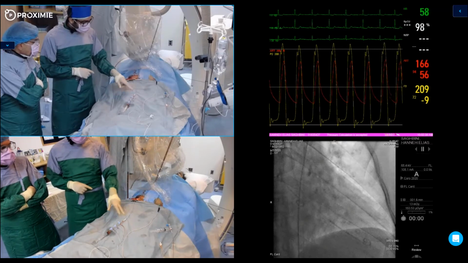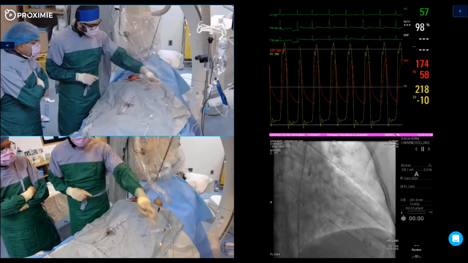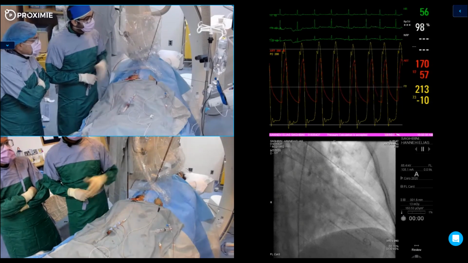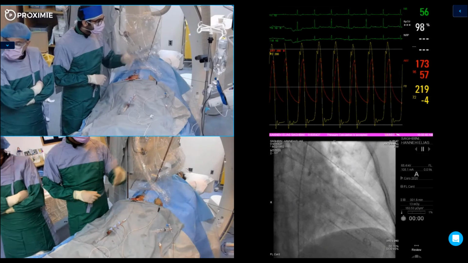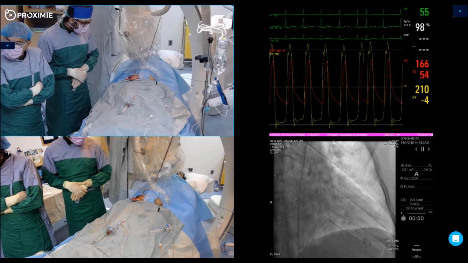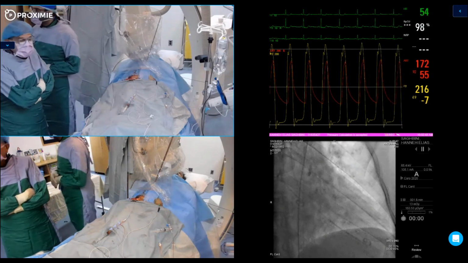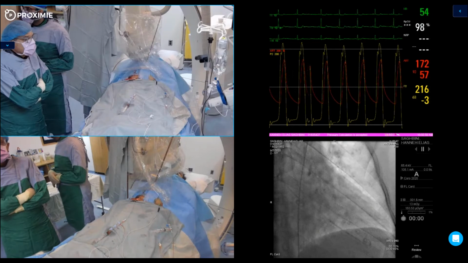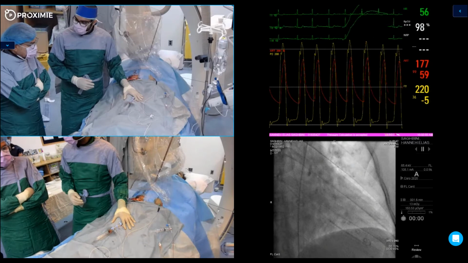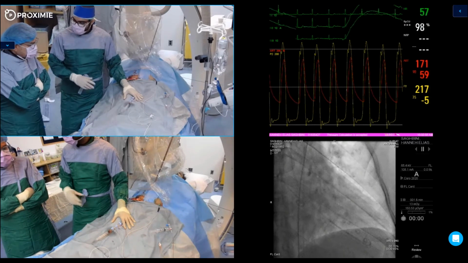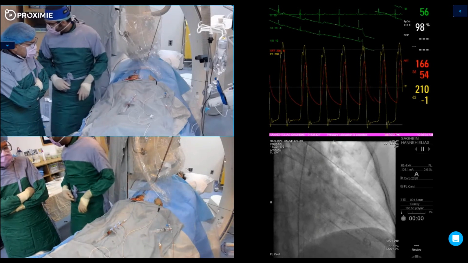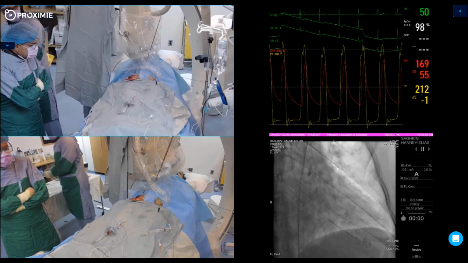I already crossed the ventricle. I have the pigtail in the LV. I have a pigtail in the aortic valve, and we have a gradient of at least 50 peak to peak, which is consistent with the echo. So what we're gonna do now, we're gonna take a 22 balloon. The mean derived is around 23.3 or 4. The minimal diameter is 21.7. So the usual balloon is 22 millimeter